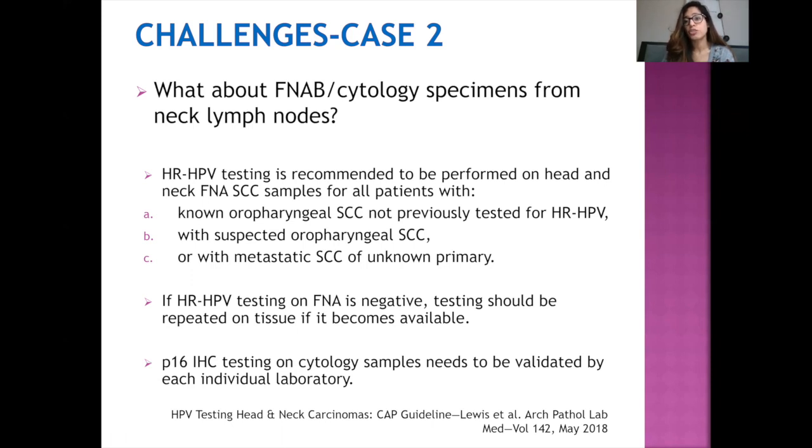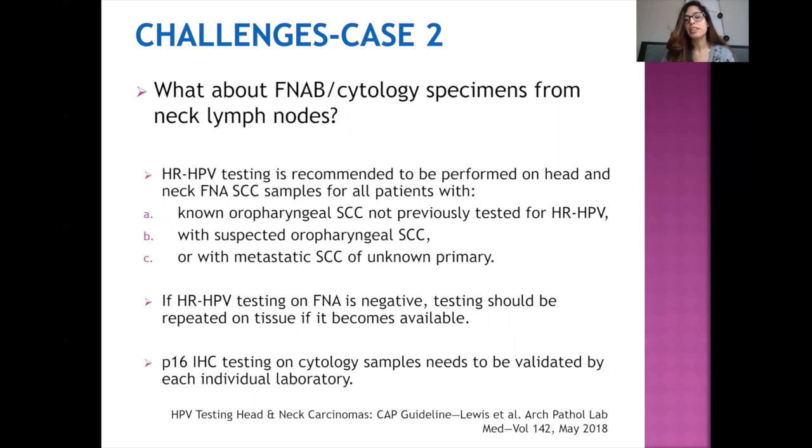samples in each institution, because in the literature, there are numerous different cutoffs that have been used for P16 positivity in cytology specimens. So while there are some papers using the same cutoff, the 70%, there are others that use the 10% cutoff as well. So there's no good consensus in literature for what's considered P16 positive on immunohistochemistry in cell